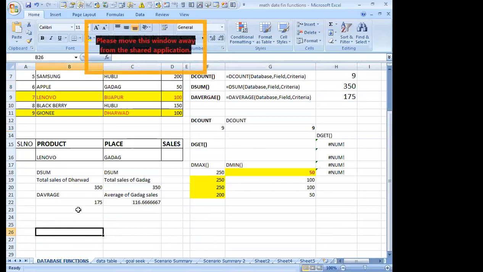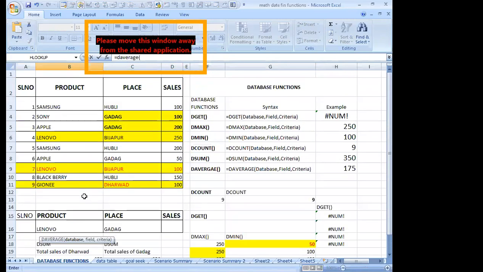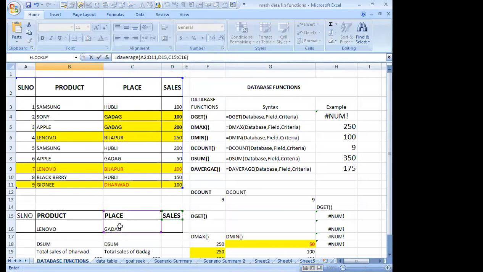One more example I'll take. DAVERAGE is equals to DAVERAGE. Then first we should select our database. Sales is a field and here I'll take place as the criteria. I'll change it.